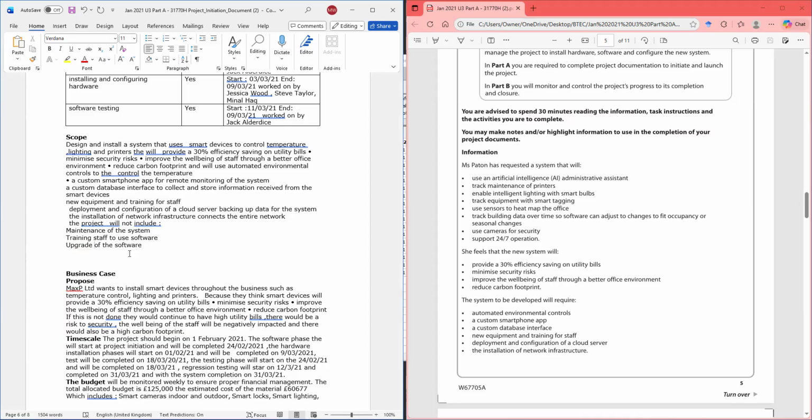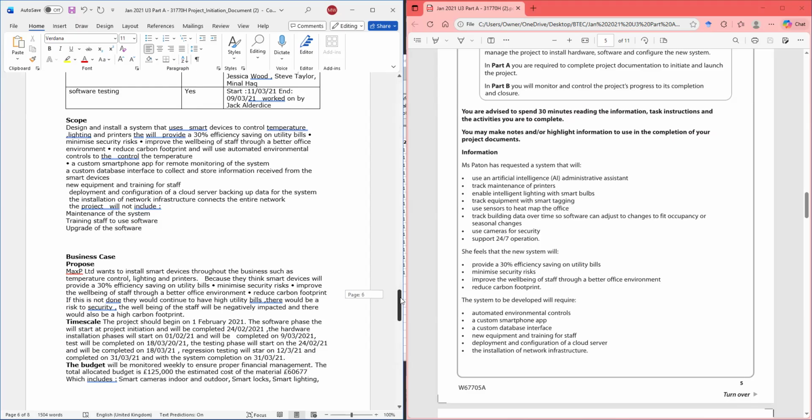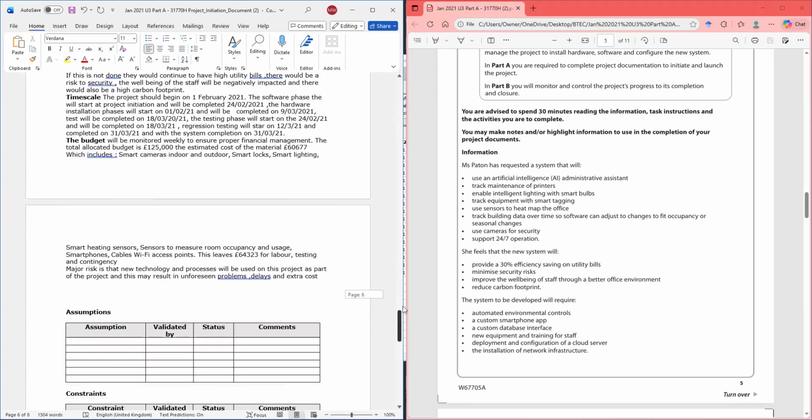You would upgrade the software after a couple of years, all of that. So just think about the software development life cycle that you've done in your programming classes. All right. So I'm going to leave scope at that for the moment.